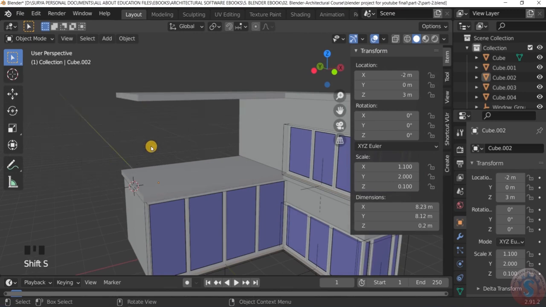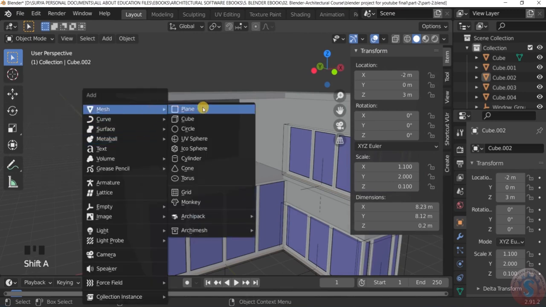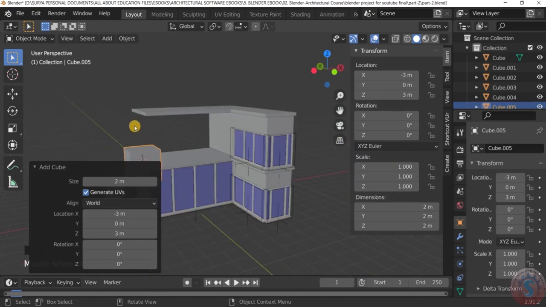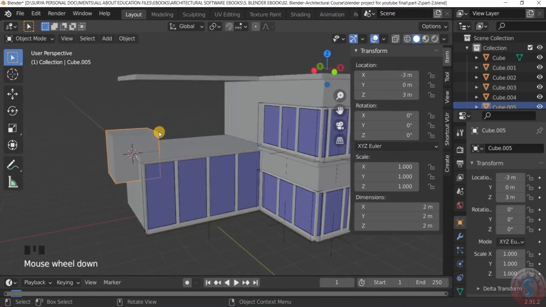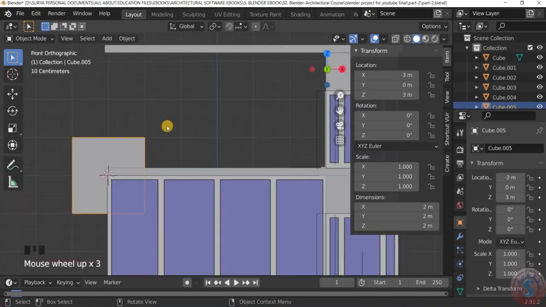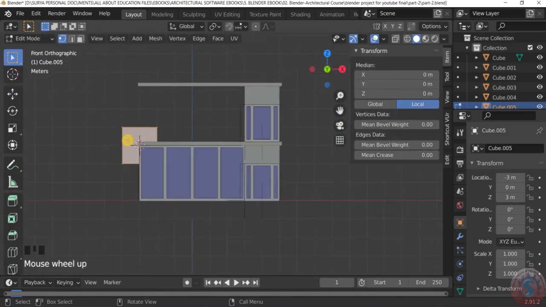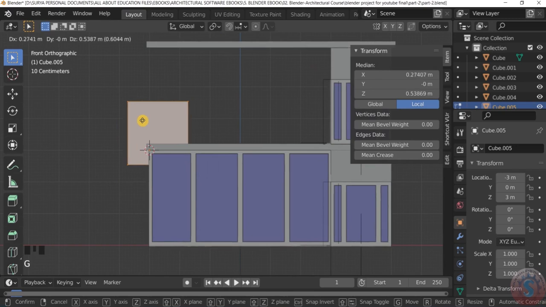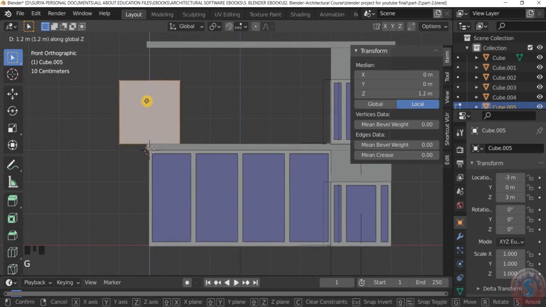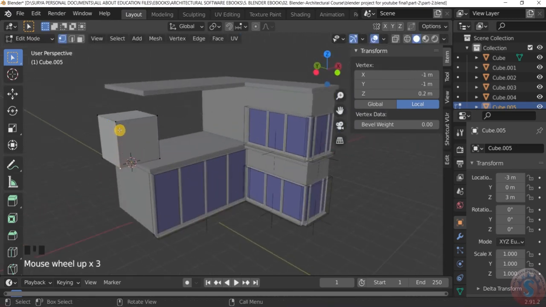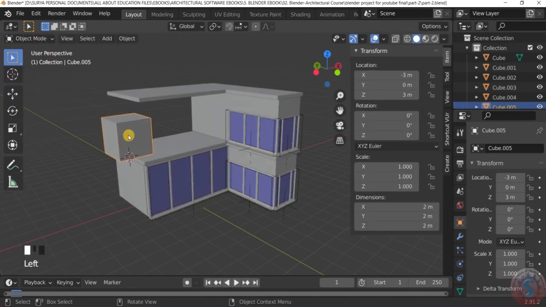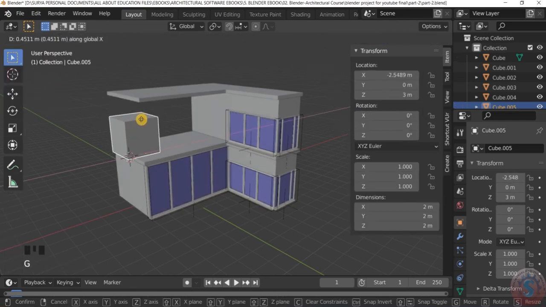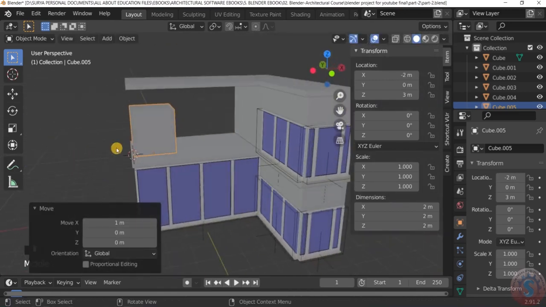Go into the shift A on the object mode, give the cube and adjust the cube again by pressing on the 1, and go into the edit mode and select the vertex and G, again Z by using the control, snap it. Again go into the object mode, select the object G, X, clicking on the 1 key, and adjust like this